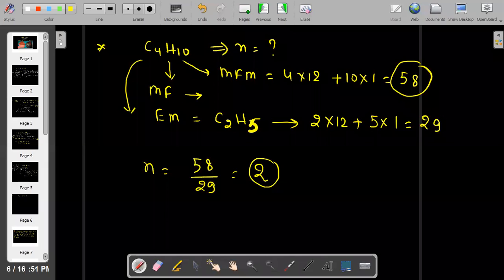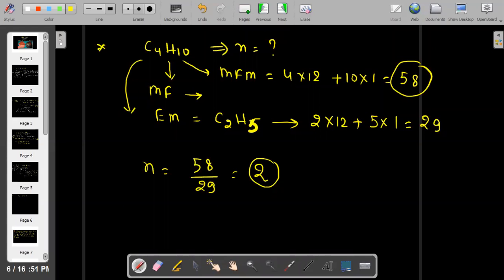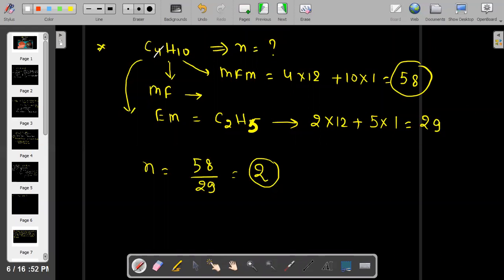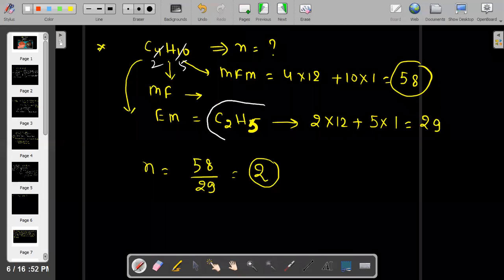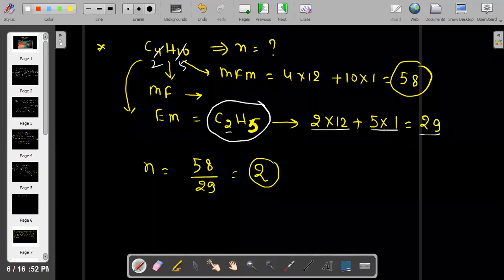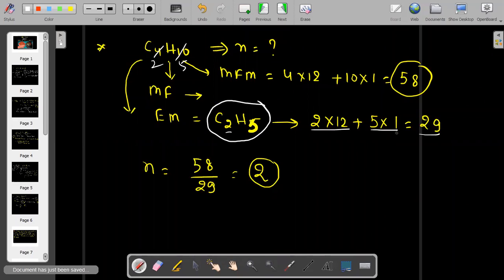If all got it, sir, EMF is empirical formula mass. It is the simplest form, the empirical formula. Look, it will cancel like this. What is the simplest ratio? 2 to 4, 2, 5 does 10. So what is the empirical formula? C2H5. What is the empirical formula mass? Carbon 2 times 12, hydrogen 5 times 1. The simplest ratio is called the empirical formula. The actual ratio is called the molecular formula.